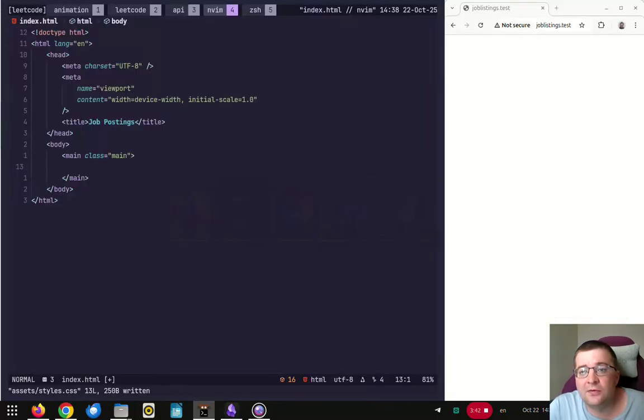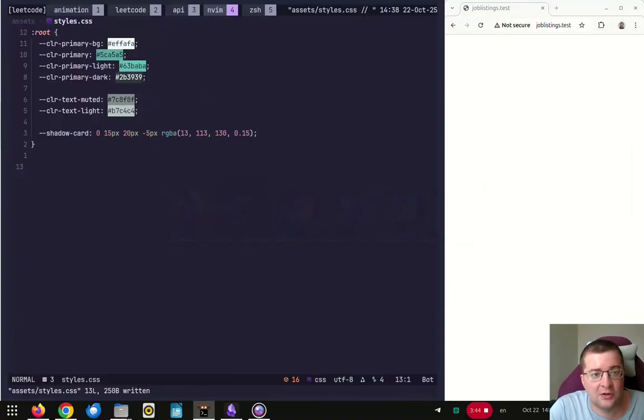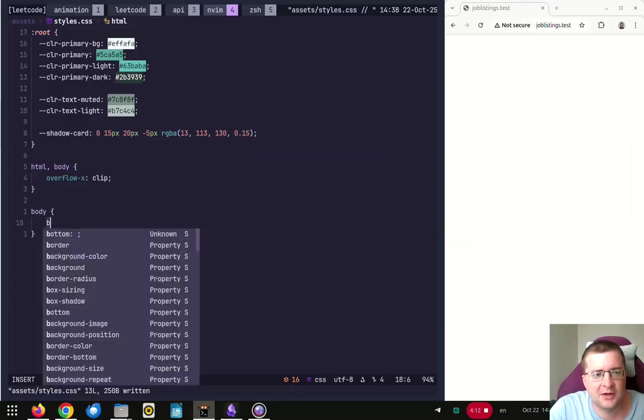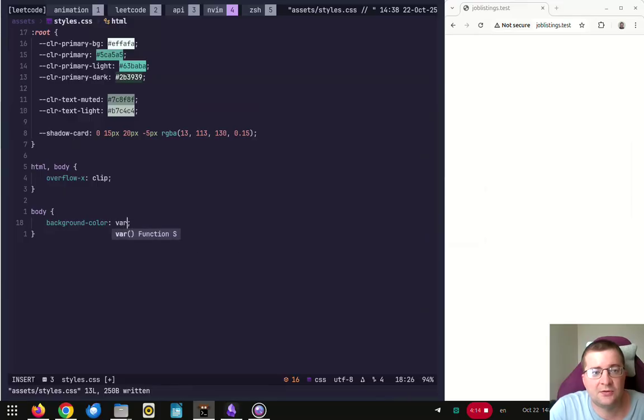I'll start with the mobile version, so I'll go to CSS. By habit that I always have, I just put HTML body overflow-x clip. Could be hidden, but I prefer clip. It's more modern and doesn't allow weird over-scrolling. Anyway, on the body I'll put first background color. We got it here, and